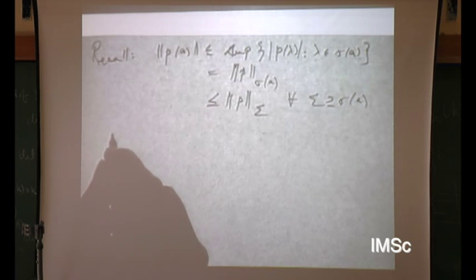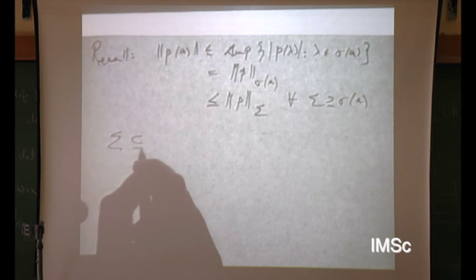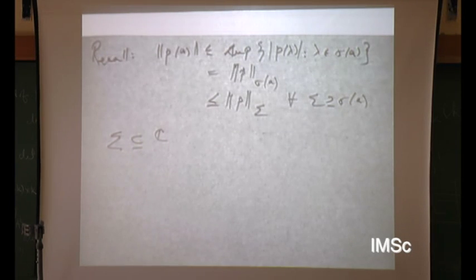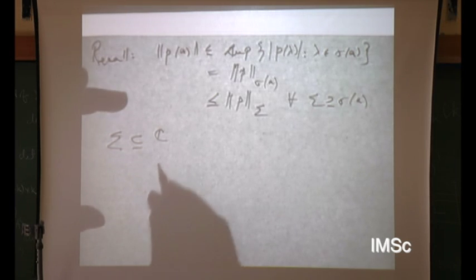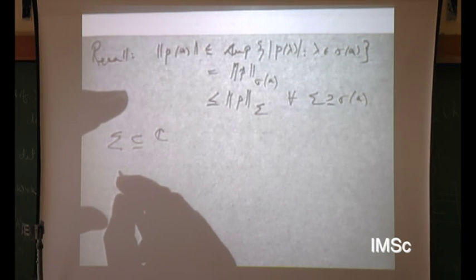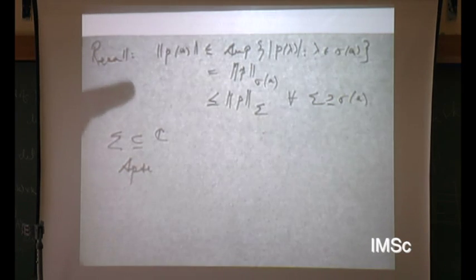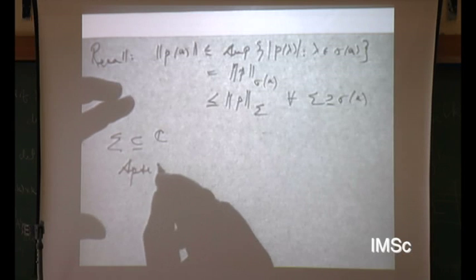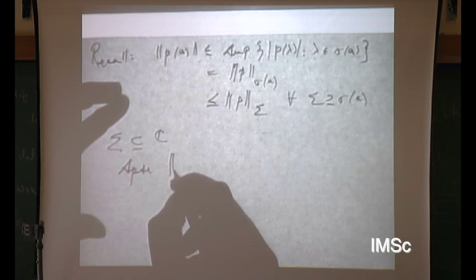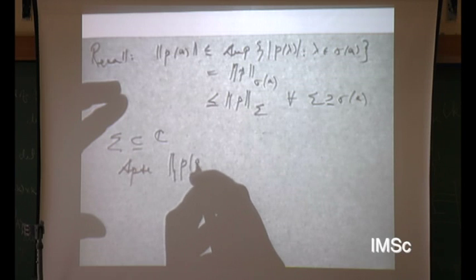So we'll assume now that sigma is some subset of the complex plane. Typically, our spectra of normal operators will be compact sets in the plane. We've got this when A is self-adjoint and sigma contains the spectrum of A, and I want to say suppose the norm of P of A star